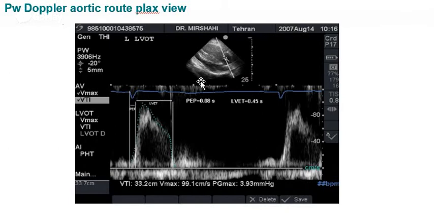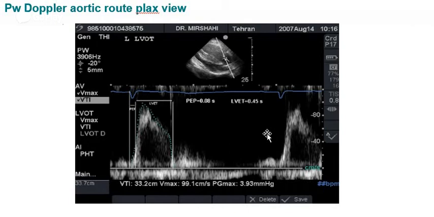And so similarly, if we put the Doppler mode on the aortic valve, we can get some positive reflections in the parasternal long axis view, because in the parasternal long axis view the blood flow through the aortic valve is towards the transducer. So if you similarly calculate the area, we can have an idea about the aortic VTI. Aortic VTI is an important surrogate marker of the left ventricular stroke volume.